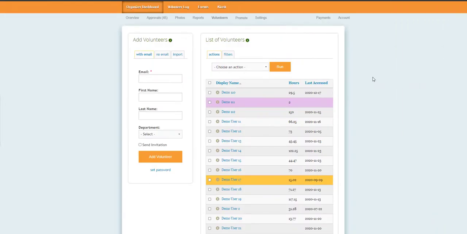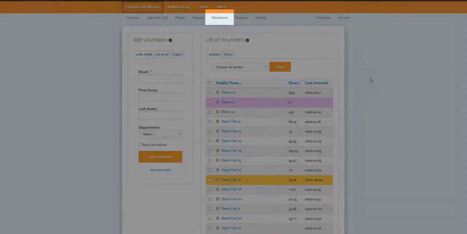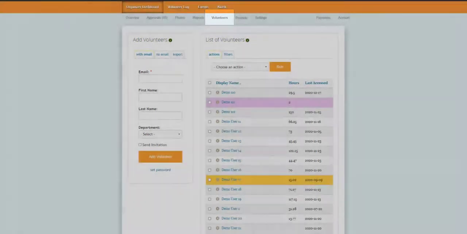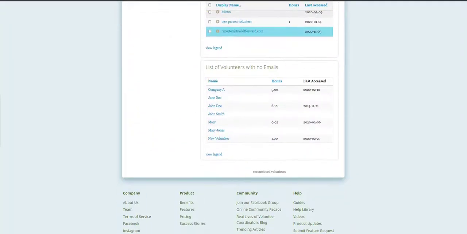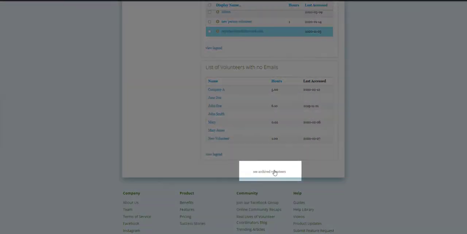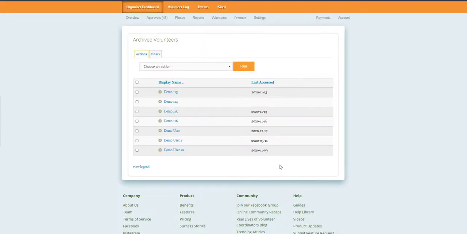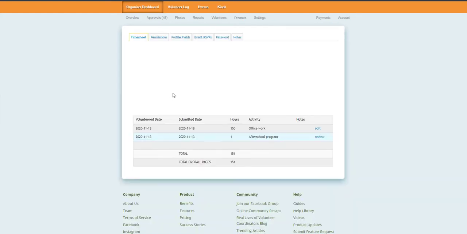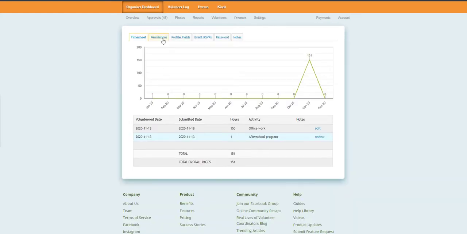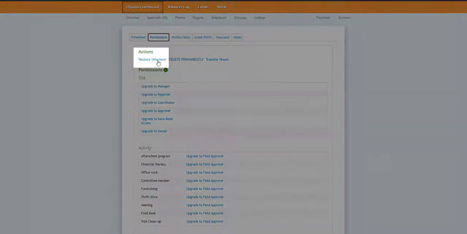When volunteers are archived, their information remains accessible on your site. Go to the Volunteers page of your organizer dashboard and scroll to the bottom. You will see a link for See Archived Volunteers. This provides you with a list of users who are currently archived for your organization. From here, you can access all of their information or go to the Permissions tab to restore their account back